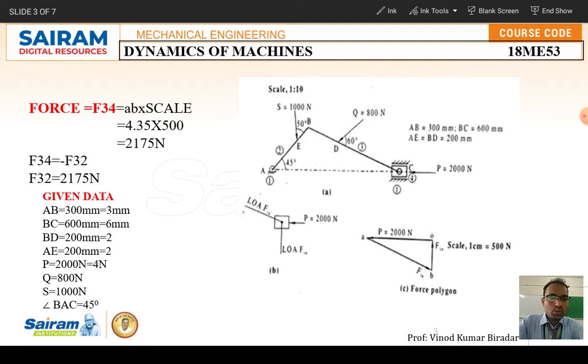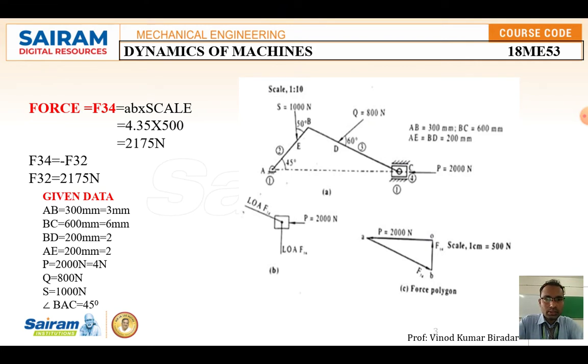Now what you have to do is draw the individual free body diagram and calculate the force values. How to calculate the force here? Take the free body diagram of this. Just draw one piston here. One force is applied, P is equal to 2000 Newton. Here you can convert this into some suitable scale. Just draw P is equal to 1000 Newton horizontally. Again one force is acting on this, you draw an arrow like this. Keep the scale on this and just draw the line like this. That is the force F3.